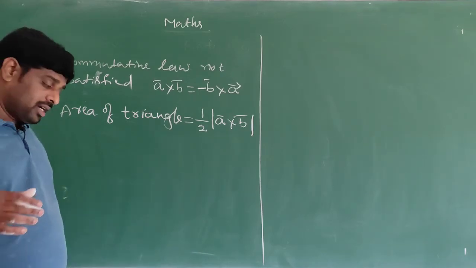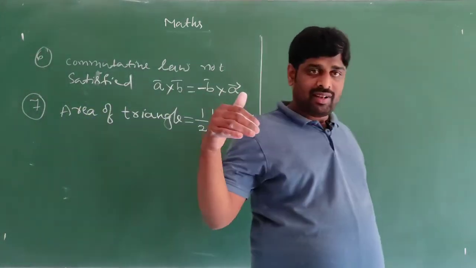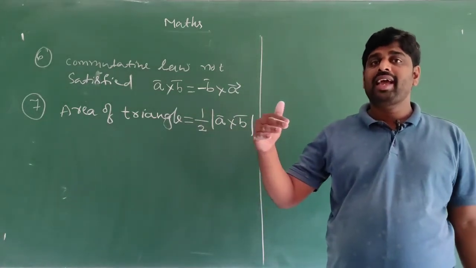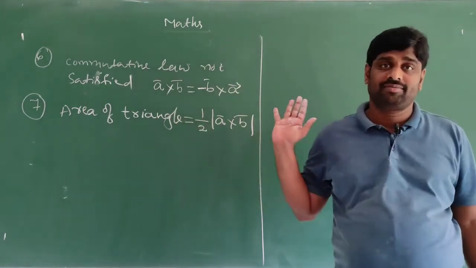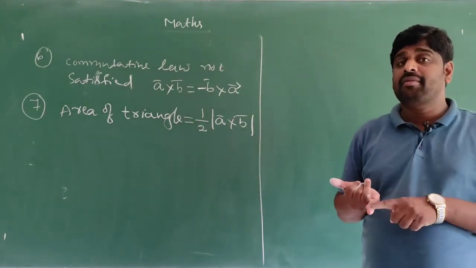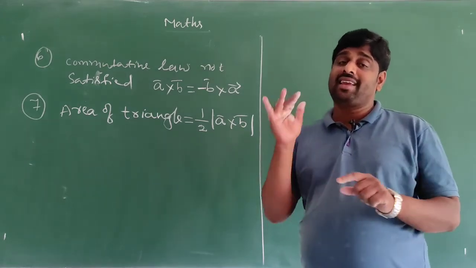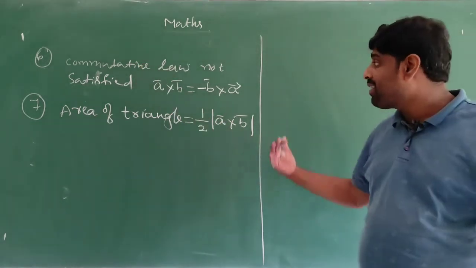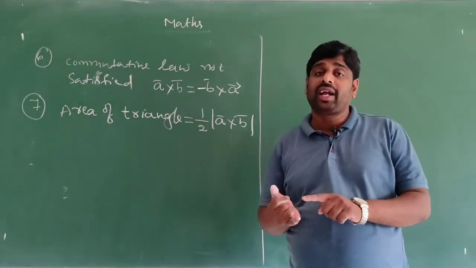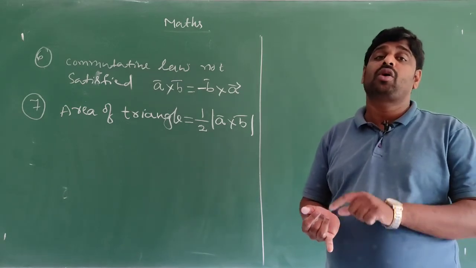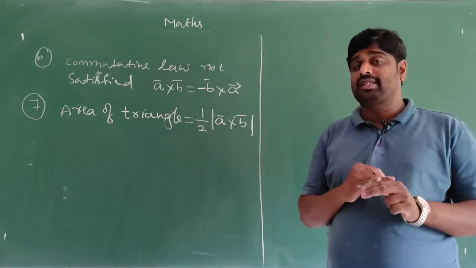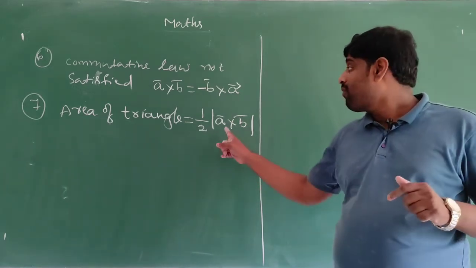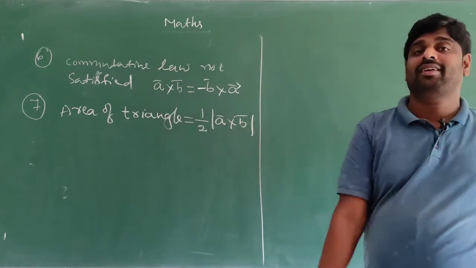This is how they will ask the question: 3 points they will give. Find the area of a triangle by using the vector method. In determinants also the same question is there: find the area of a triangle by using the determinant method. But in vectors, a 3 mark question, they will ask to find the area of a triangle by using the vector method. Sometimes they will not mention the vector method, so we should identify that if vectors are there, that is the vector method, students.